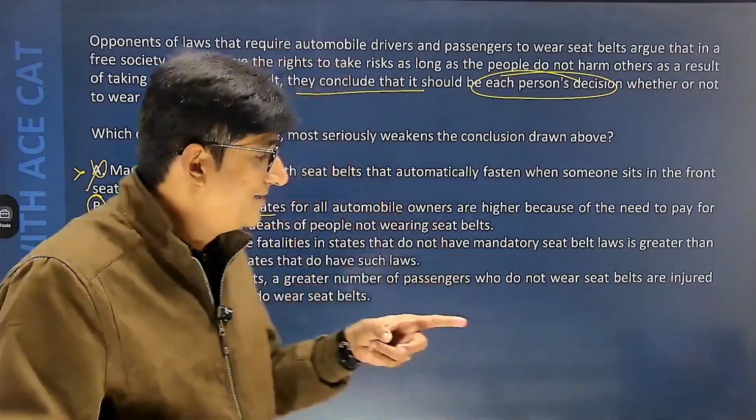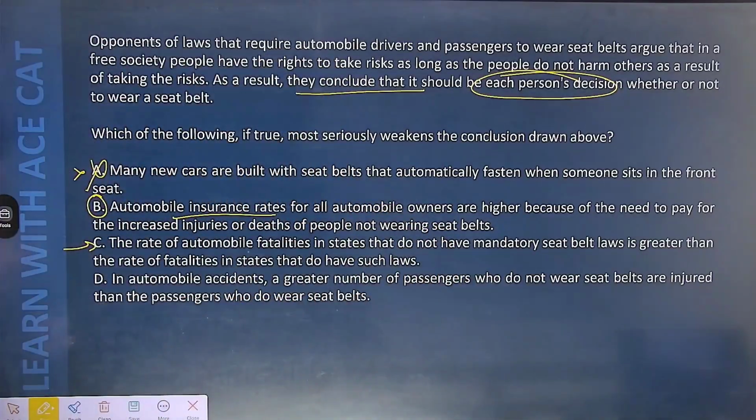So do understand. The students who think the third option is the correct answer, again, third is not correct. Try to understand. I do understand this option is also confusing. I am saying that even if persons are dying because of not wearing seat belts, they are taking the risk and that is their logic. Let us take the risk. We are not killing anyone. So do understand, even C cannot counter this conclusion.